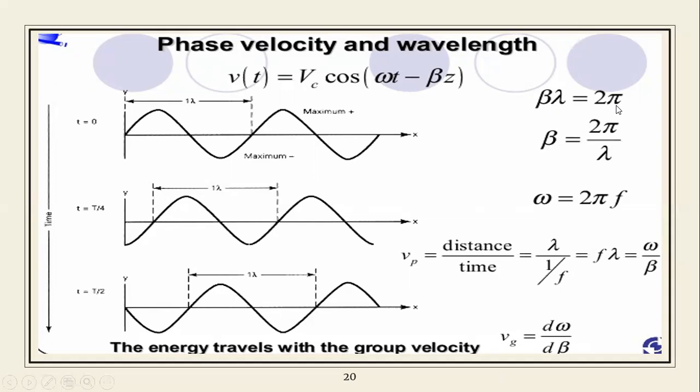So beta lambda is equal to 2 pi, so 0 to 2 pi is here. This part is nothing but 0 to 2 pi, or in short 2 pi is beta times lambda. Beta is the phase constant and lambda is the wavelength. So we can find beta is equal to 2 pi by lambda, and angular velocity is nothing but 2 pi f. Vp is the velocity of propagation, that is distance by time. So in this way, Vp is equal to f times lambda, the frequency times the wavelength. So omega by beta, where omega is the angular frequency and beta is the phase constant, if you want to measure this, is the phase velocity. Group velocity is d omega by d beta, that is in the form of a differential.